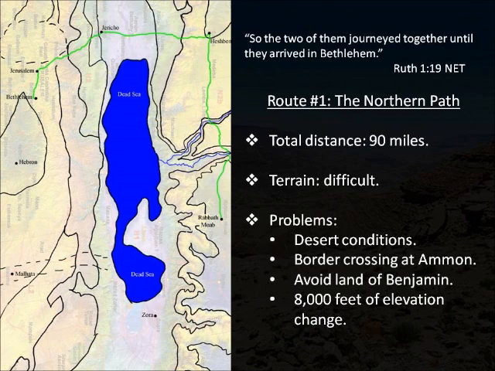And so, really, this story could have ended right here at verse 19. Going through the land of Ammon, all someone has to do is say, hey, I like Ruth. The story's over. Same thing going through the land of Benjamin. If one of the Benjamites sees two women unaccompanied, they would go, hey, we've played this game before. Steal a woman you like. I'll take the one on the right. And so, in many ways, Ruth 1:19 is a testimony to God's grace, that he has protected them in this very long 90-mile trip. But all we see is they journeyed together until they arrived.